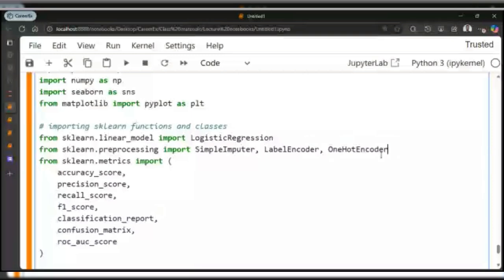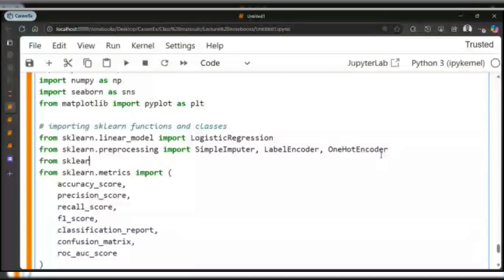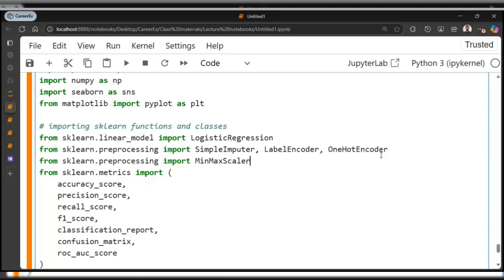Okay, scaling too. So I can just import scaling as well. Import StandardScaler. I'm just going to use MinMaxScaler here. All right, so these are what I'm going to be using. So let's just start with this first.